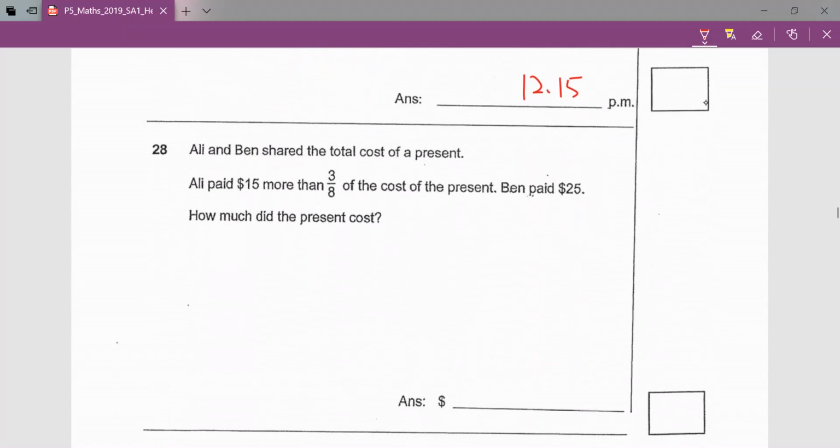Ali and Ben shared the total cost of a present. Ali paid $15 more than 1/8 of the cost of the present. Ben paid $25. How much money did the present cost? Okay, so Ali paid $15 more than 1/8 of the cost of the present. So in other words,